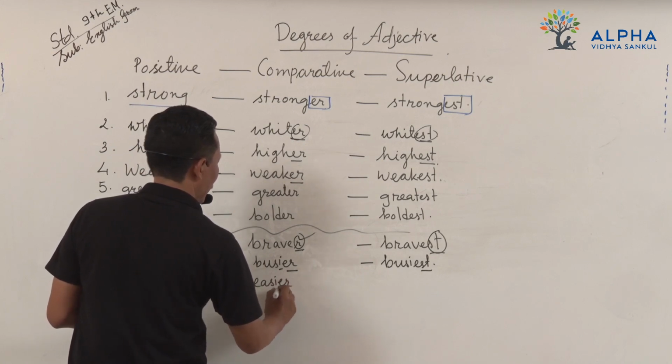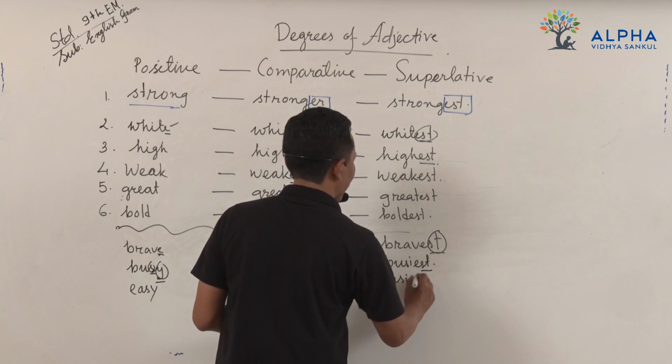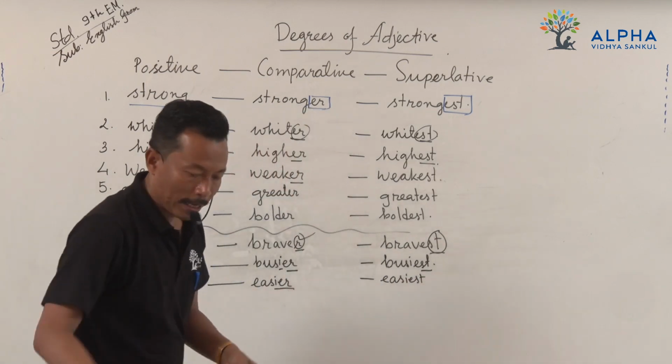And easier. Then what will be here? Easiest. Then